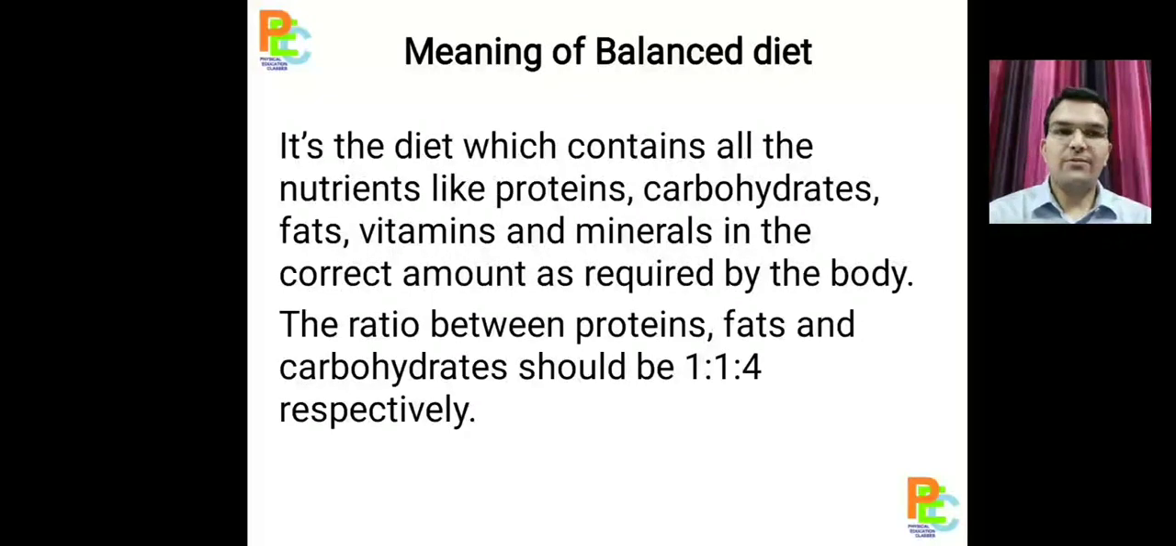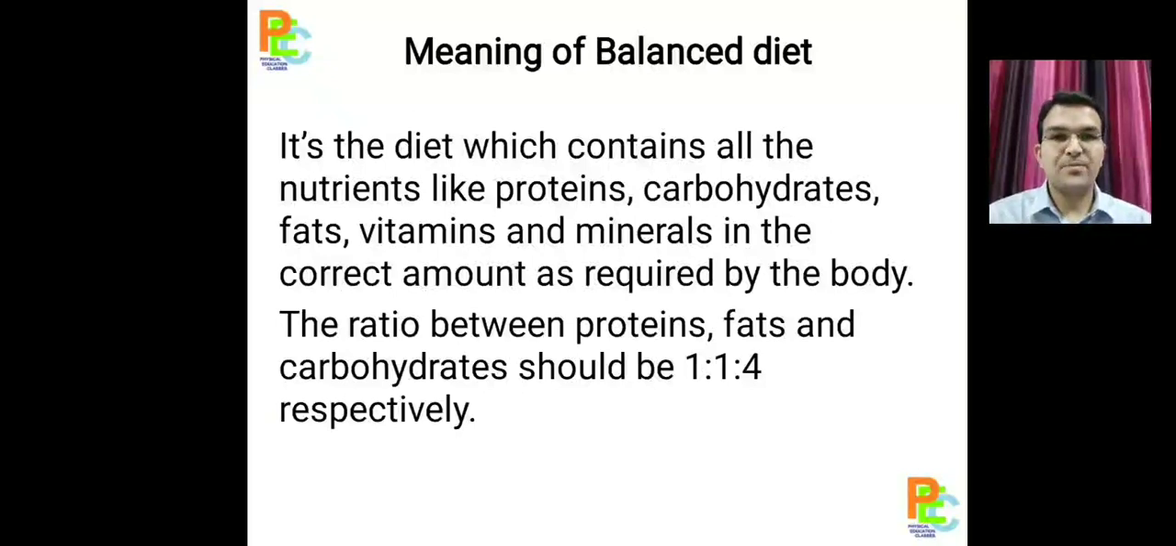The meaning of balanced diet, first of all. It is the diet in which all the nutrients like carbohydrates, fats, proteins, vitamins, minerals are present in the required quantity. Every human being has different requirements as per their lifestyle, age, gender. So the requirement of diet is different for every individual. So as per an individual's requirement, if all these components are present in the diet, we can call that a